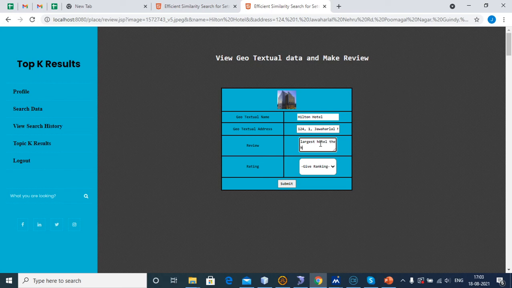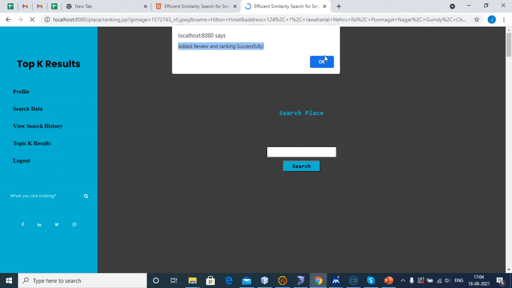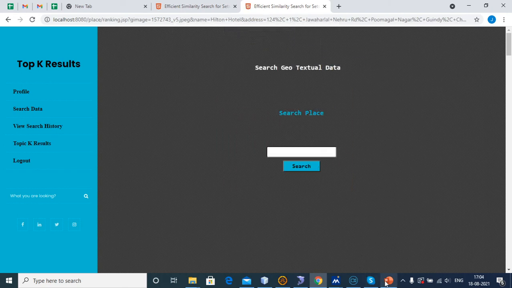The hotel view is very beautiful and the service is good. I will give 5 star. Added the review and ranking successfully.